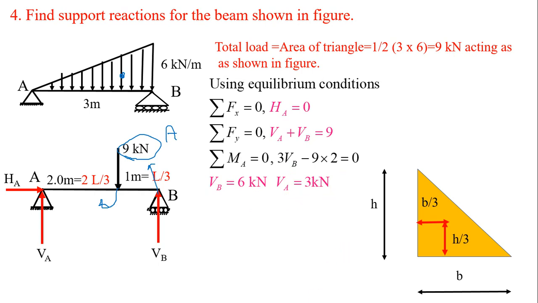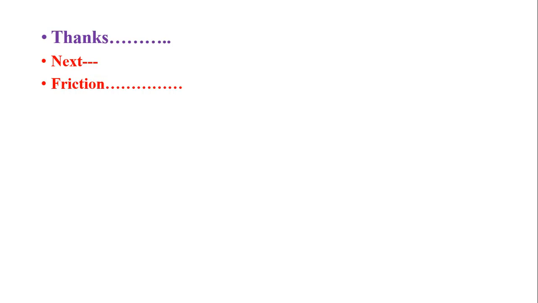So in this way, to find out the reactions at the support, we have to first of all draw the free body diagram, and then apply the conditions of equilibrium, and whatever load is given, we have to convert into an equivalent point load. Okay, now you can solve a few more problems for practice as given in the assignments and quiz or from the books.